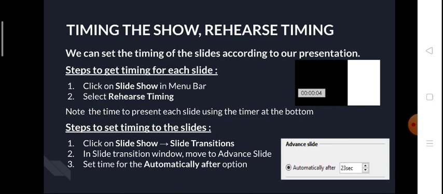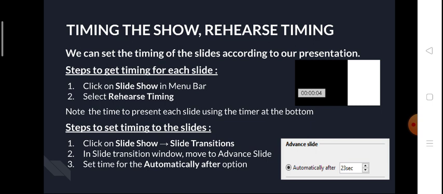And next we have steps to set timing to the slides. So how can we set timing to appear the slides? So just click on slideshow and select slide transition options from there, and in the slide transition window move to advanced slide.